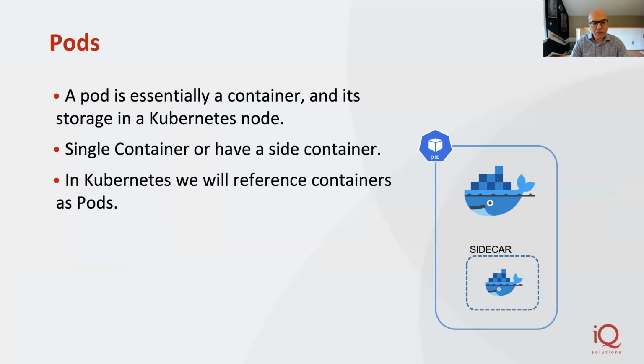So let's talk about pods now. We've been talking about containers, and now in the Kubernetes world, suddenly a Docker container becomes a pod. Basically, a pod is the way a container is represented in Kubernetes, along with its storage. You can have a single container, or you could have some sidecar containers within a pod. Going forward, we're just going to reference containers as pods. So sidecars are essentially,